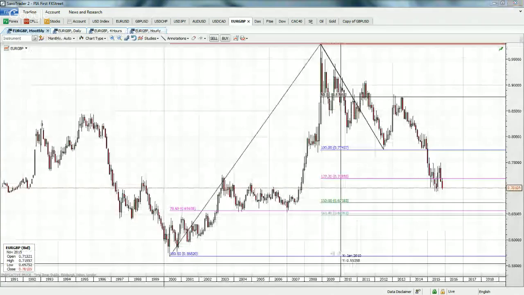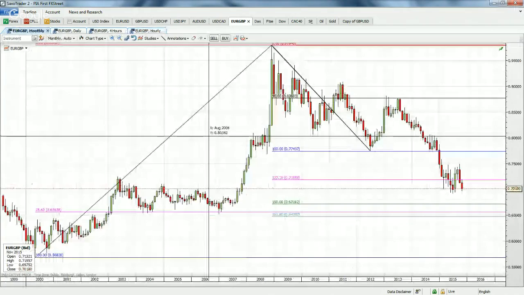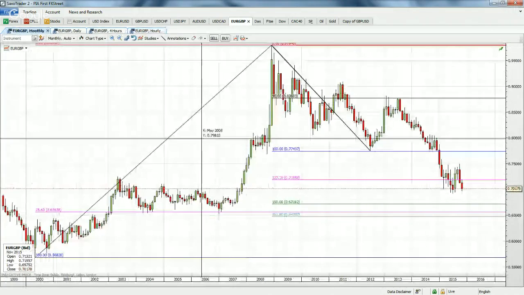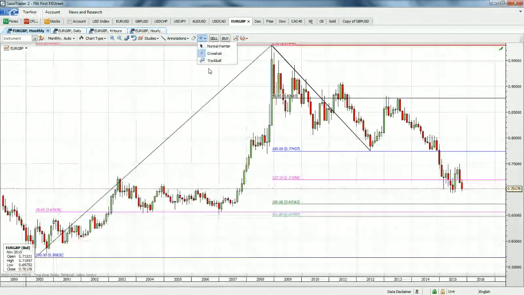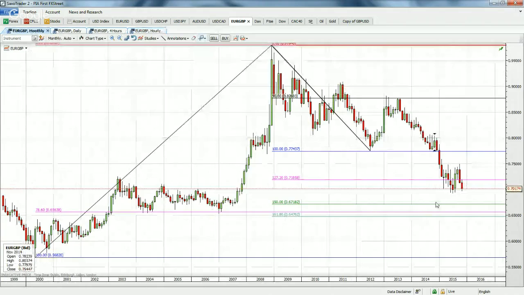Euro sterling. Again, the medium-term, or long-term, focus is to the downside. We've got outside bars, but we've got to be aware of what the intraday bias and the shorter-term time frames are telling us. Here we've got a Fibonacci confluence area, around about 65, 60, which I think will be